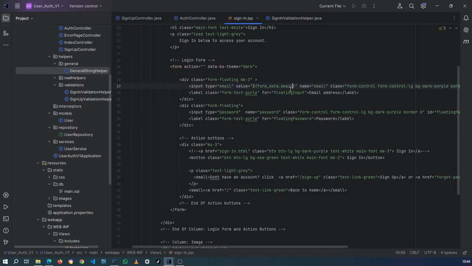Form data.email. So this will keep the email that's typed in, so we won't have to keep retyping it. For the password, unfortunately, we can do it, but I think it's best the user just retypes it in. And then we need to change this URL and then say